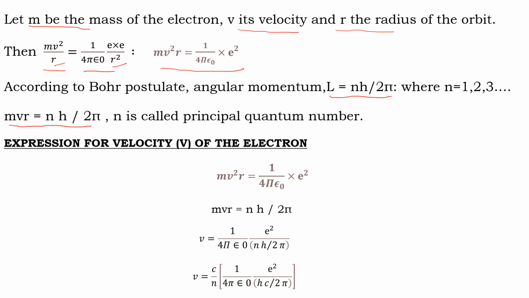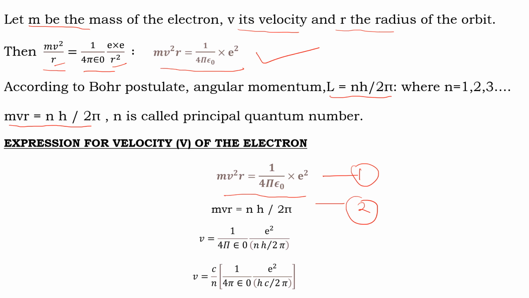Next is an expression for the velocity of the electron. Considering the equation mv² r is equal to 1 by 4 pi epsilon 0 e². That is, mv² r is equal to 1 by 4 pi epsilon 0 into e². And we have the equation L is equal to mvr is equal to nh by 2 pi. Considering these two equations as the first equation and second equation,